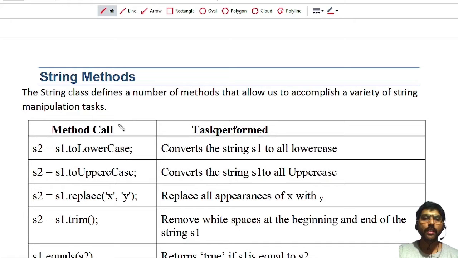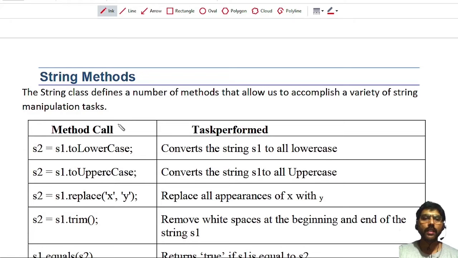But in the string buffer class, if you create an object, the strings can be modified. We can alter the data, we can alter the characters as well as we can add characters. But here I cannot add a string or character into the already existing string.